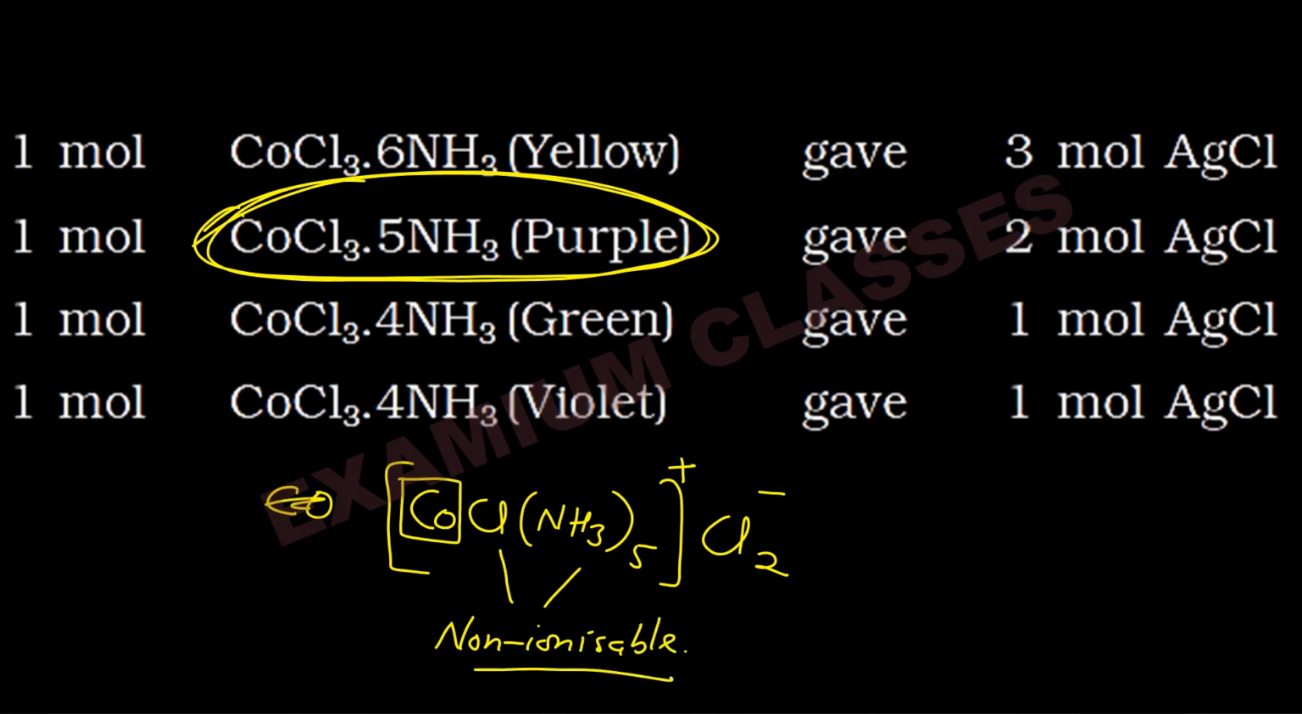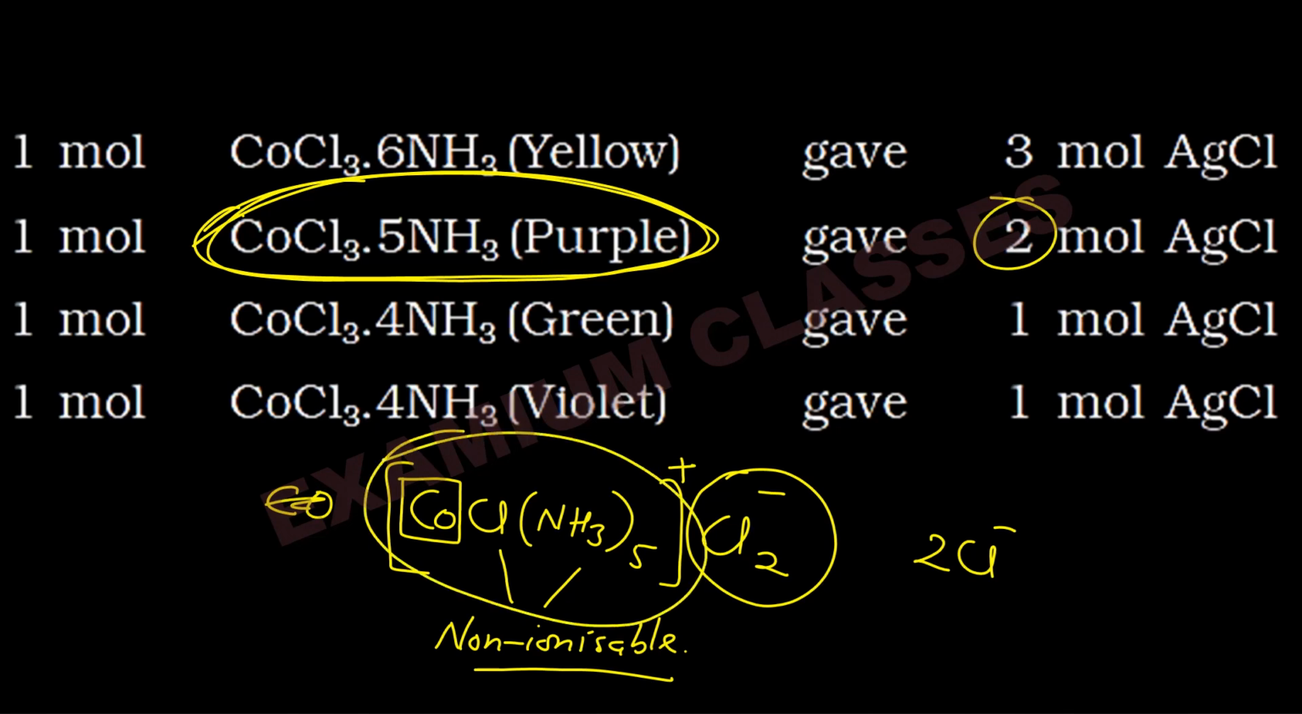This is non-ionizable, means this is not the ionic part. This is the ionic part. Only these two will get ionized and be available as ions. That's why you are getting only 2 moles of AgCl. Means 1 chlorine is inside the square brackets. Anything in the square bracket here is known as